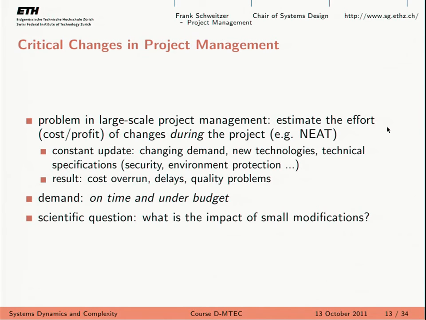So the question is, these small changes that you do, and sometimes there is no other way, but you have to do them, right? Even though everything is fine, new technology becomes available and so on, do they add up linearly and result in small overall impact? Or do they add up through these feedback loops, and do they propagate and add up in a complicated, nonlinear way that eventually results in the project cancellation? Right? So what is the impact of these small changes given these large-scale projects?